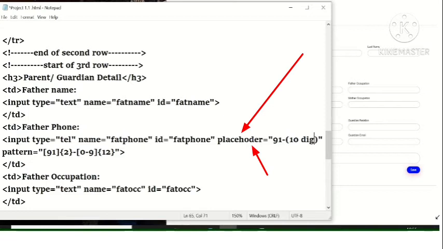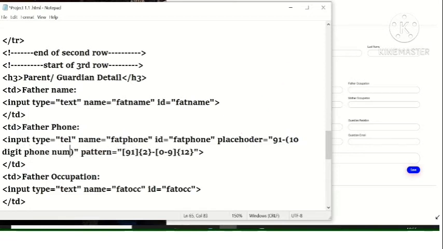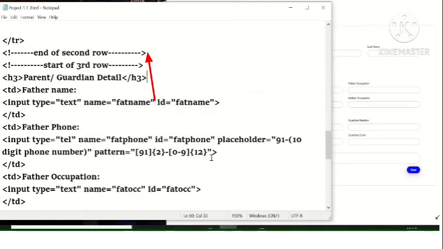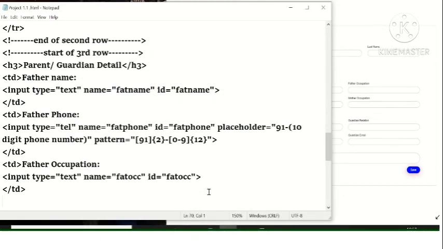The placeholder attribute is used to give a hint message in the field that you are supposed to enter this format of the telephone number, otherwise it will not take the value. We can see a lighter shade of gray which is suggesting you need to have 91 and 10 more digits after that.